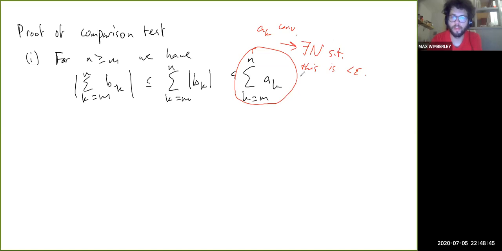Right. But then by picking an n such that this is less than epsilon, because of these bounds, that forces this to be less than epsilon too. So, right, for arbitrary pairs of n and m, where n is bigger than m and m is bigger than capital N, that shows that